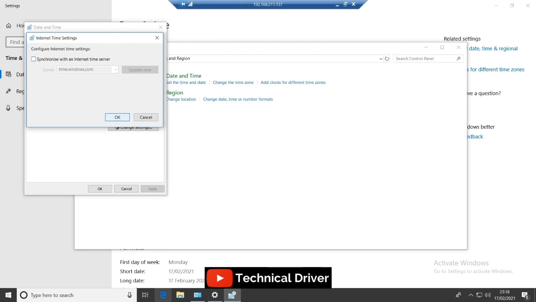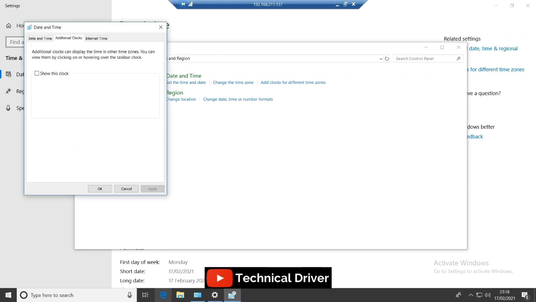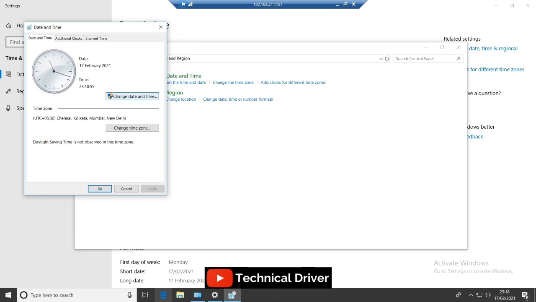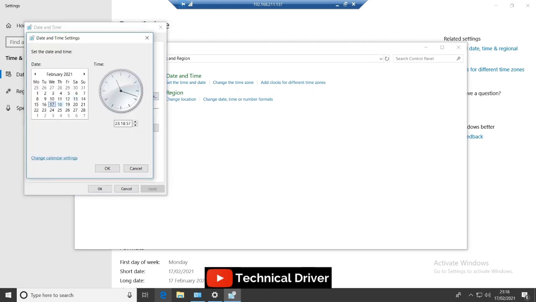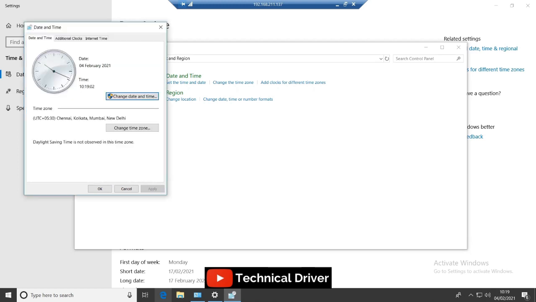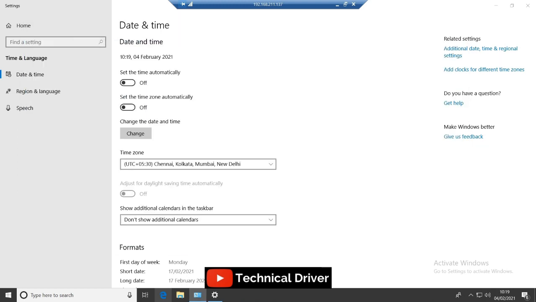Currently synchronization is off, so I am going to change the timings on my virtual machine. I am going to set a different date and time. So my date and time is showing wrong.